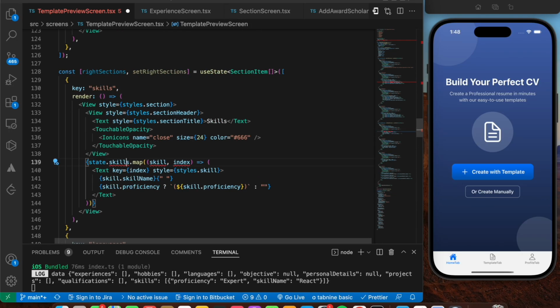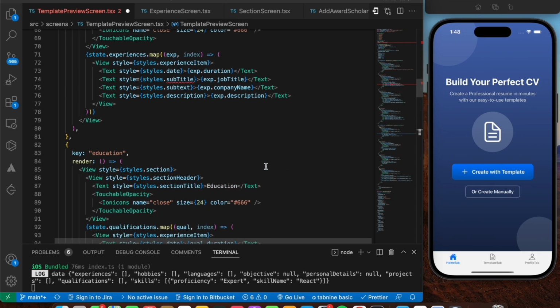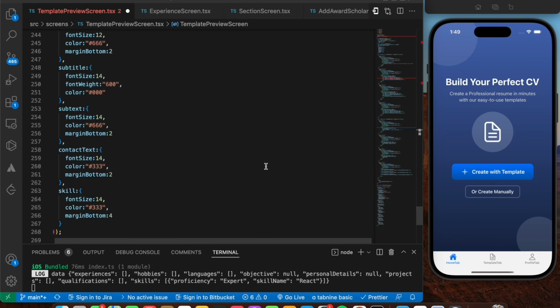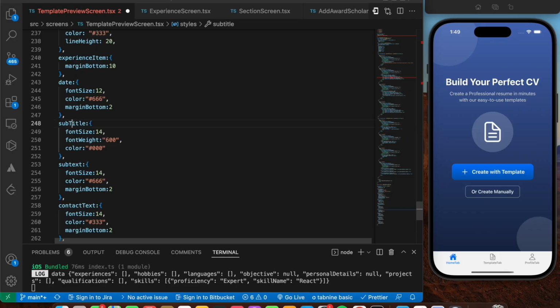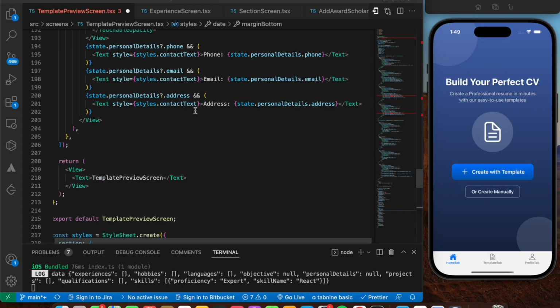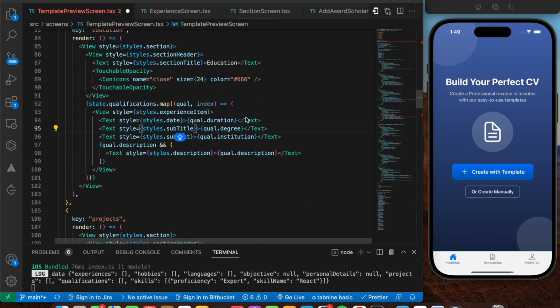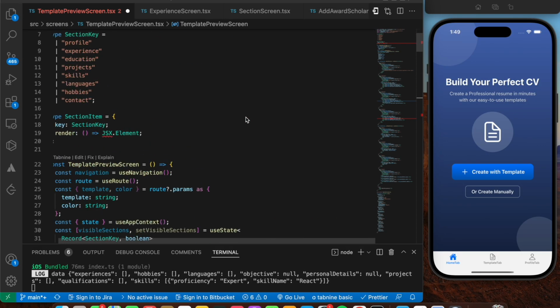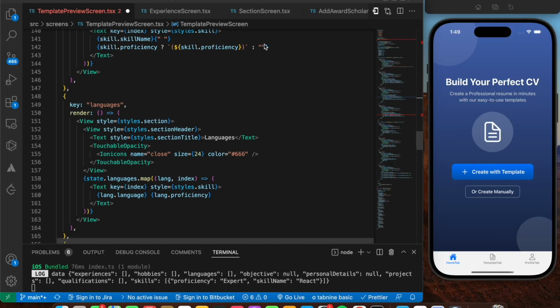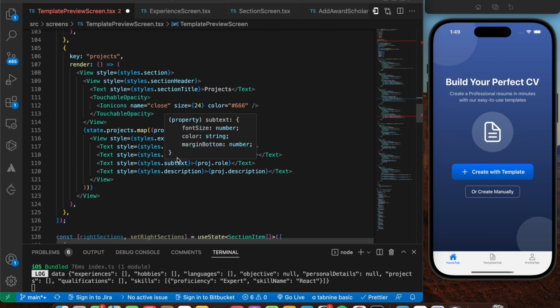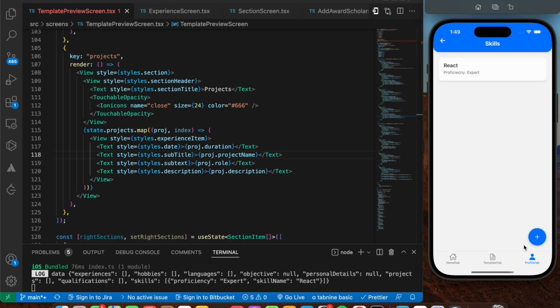Okay, wrong spelling for skills. Yeah, subtitle is not yet initialized. Subtitle, yeah, so it's a capital T. Okay, so I think only for one it is capital T, I guess. Okay, let's make it capital for everything. This is the one. And I think there is one more over here, the red mark. Yeah, that's the one. Save. Yeah, so we are done with designing all of the initial required sections that are to be shown